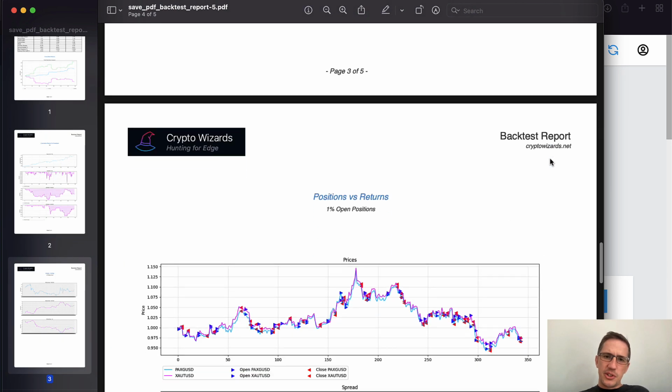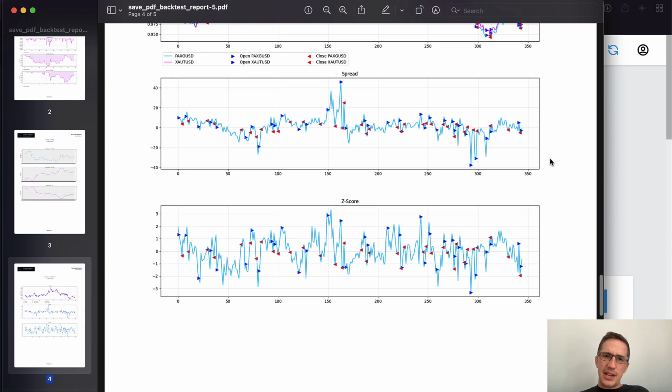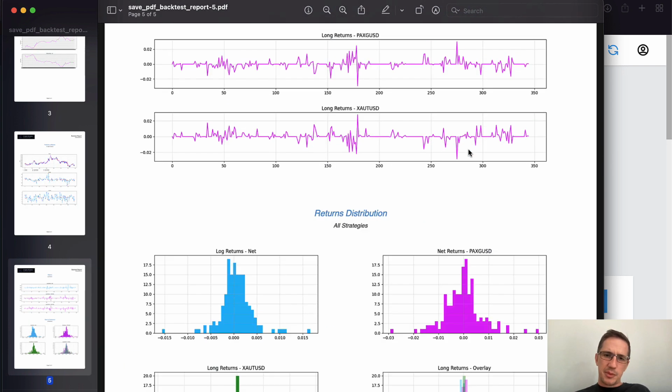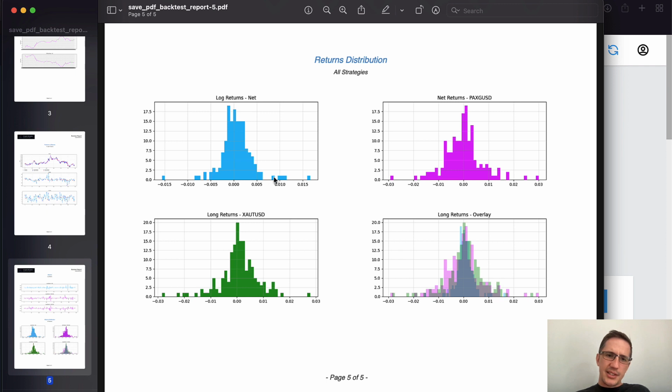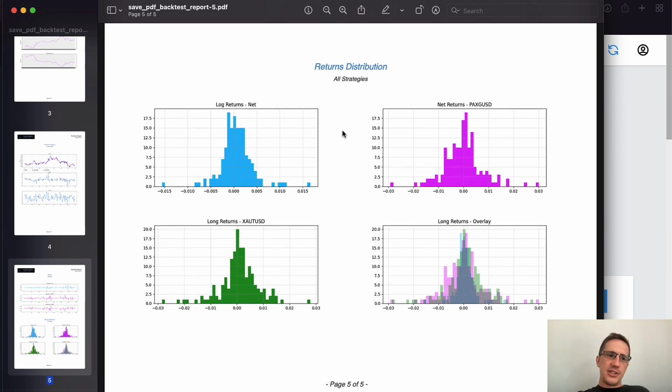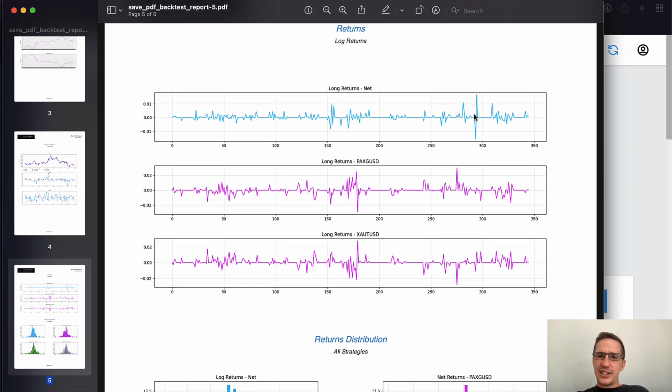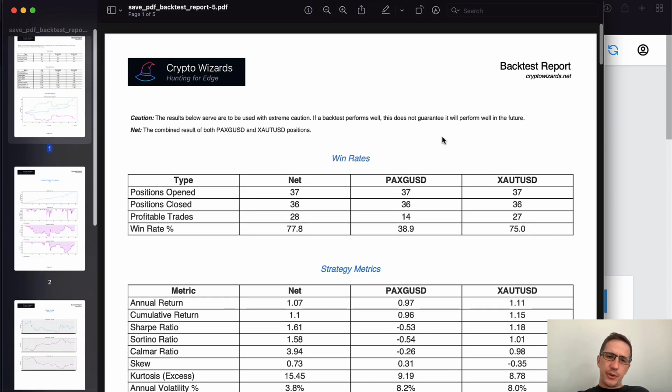So this, to me, was a really interesting trade. You basically are just trading the idea that these are going to diverge and converge back together. Sorry, I'm sort of going through the PDF, not really explaining much here, but it's telling me that in this trade, in terms of returns, we had one return that was quite far on the negative side, but most of the time the returns are skewed in a very positive way in terms of your net returns. If you look at the distribution of your returns on a histogram, it's looking very, very strong. You've got a decent number of trades going on here. I thought it was worth looking at.